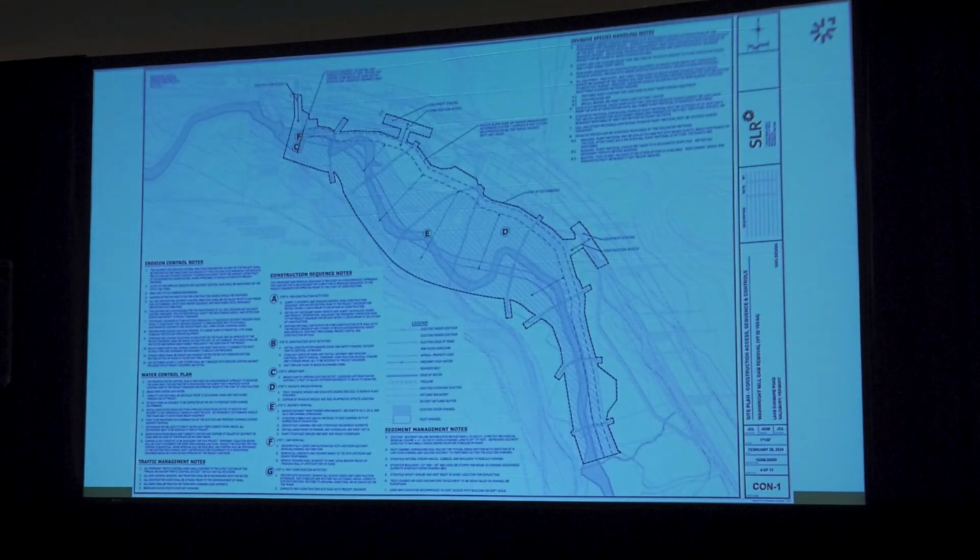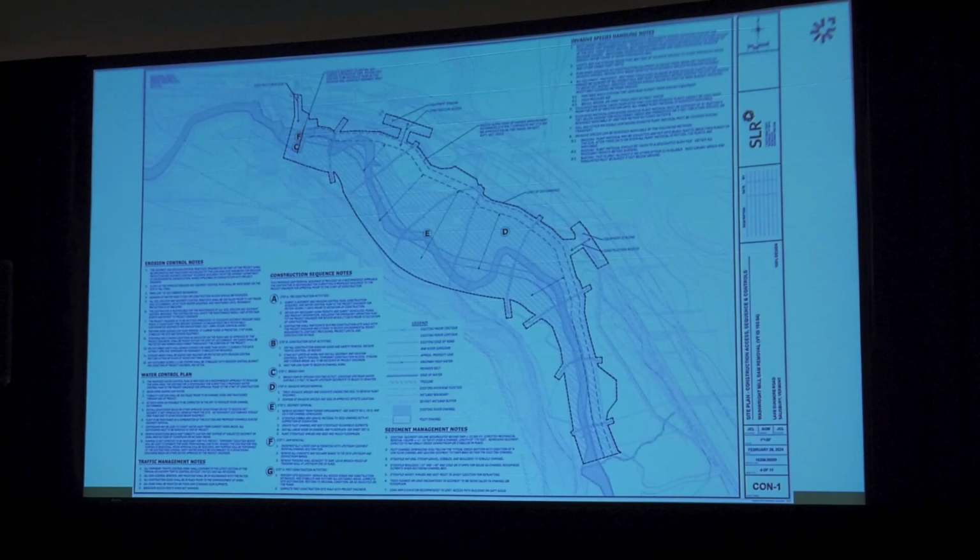So then we're going to come back to some of our construction sequencing and water control and erosion control plans. This is a typical construction sheet that we'll include in our plans. It'll show site access, staging locations, limit of work, as well as providing a possible construction sequence. Josh talked about this in an earlier talk, but